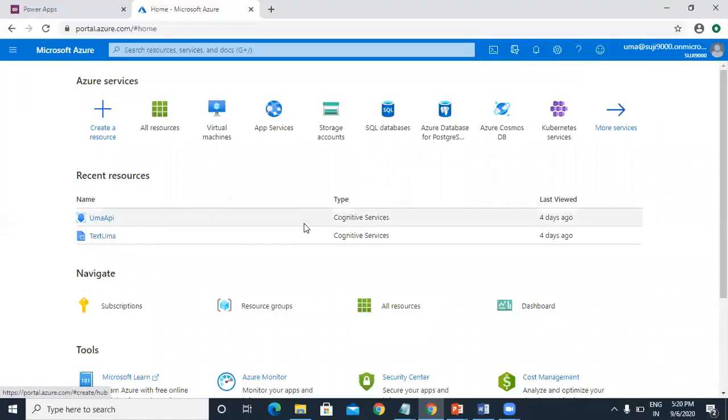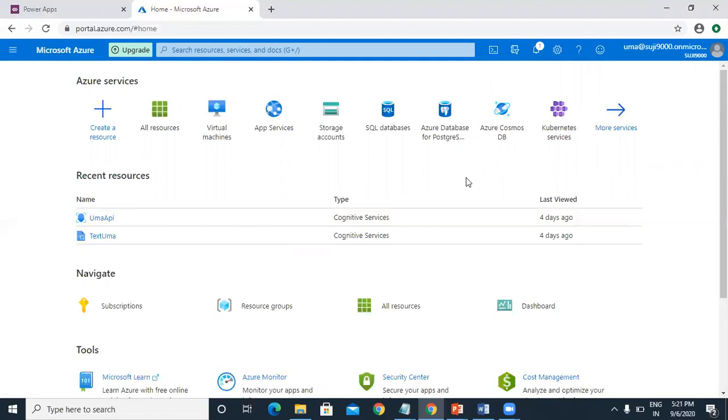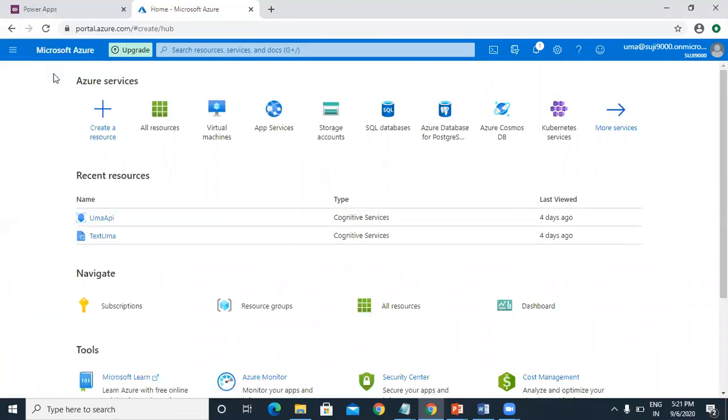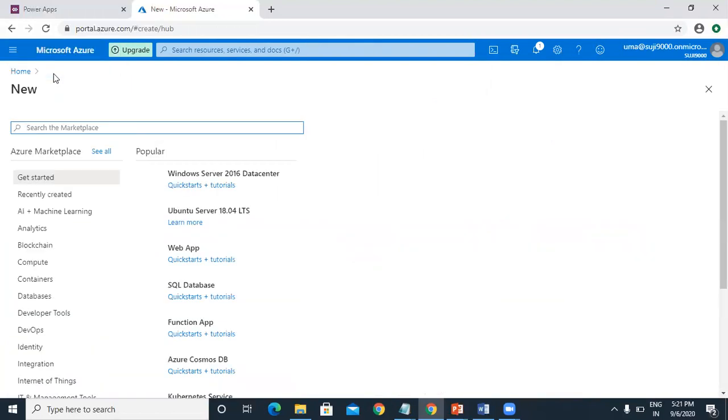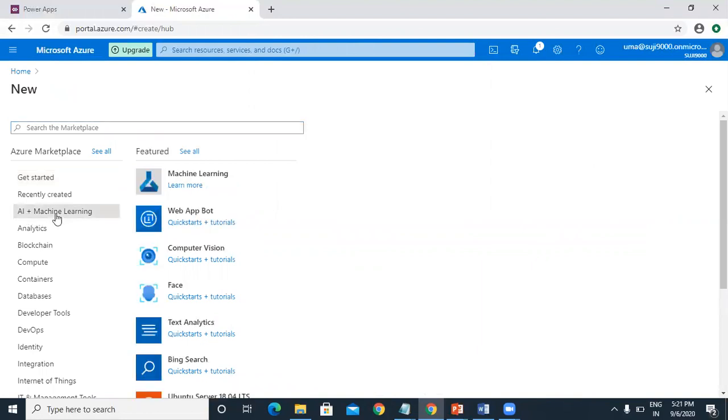To create a custom connector, first I need a Face API, so I need to set that up. You can go to your Azure portal and create a resource under AI and machine learning.